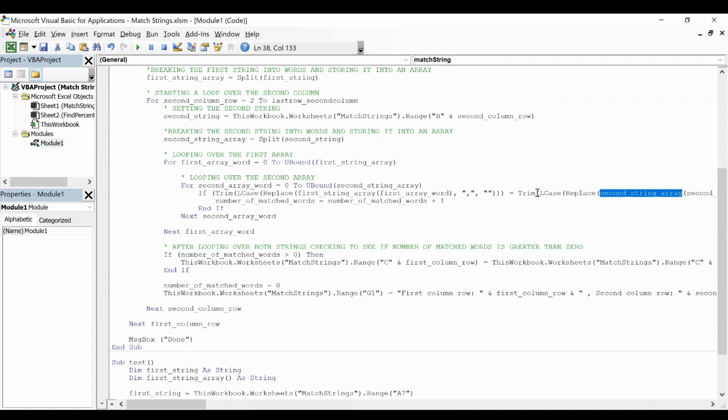So if it matches, this is basically the equals operator. If it matches, we will increase the number of matched words by one. And this loop, of course, will run as many times as the length of the second word array. And then when the loop finishes, right here, we check and see if the number of matched words is greater than zero. If it is, then what we do is we basically add